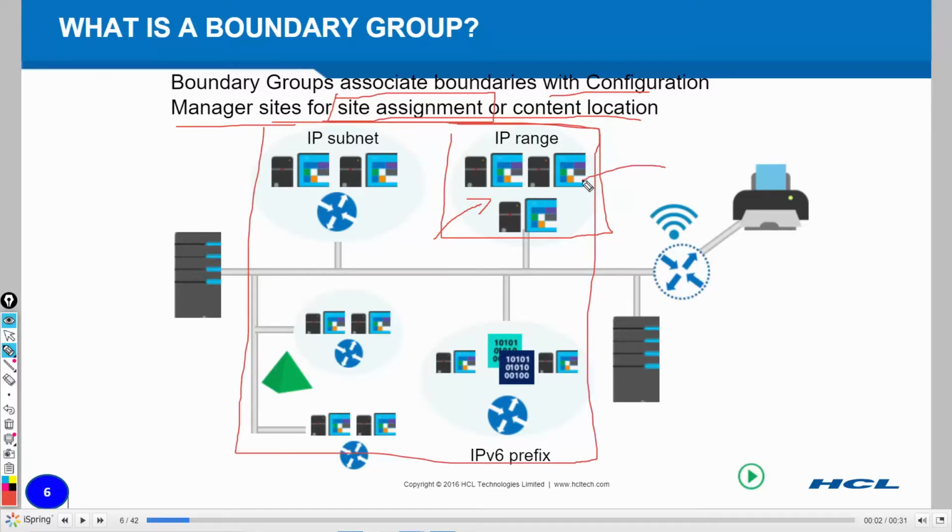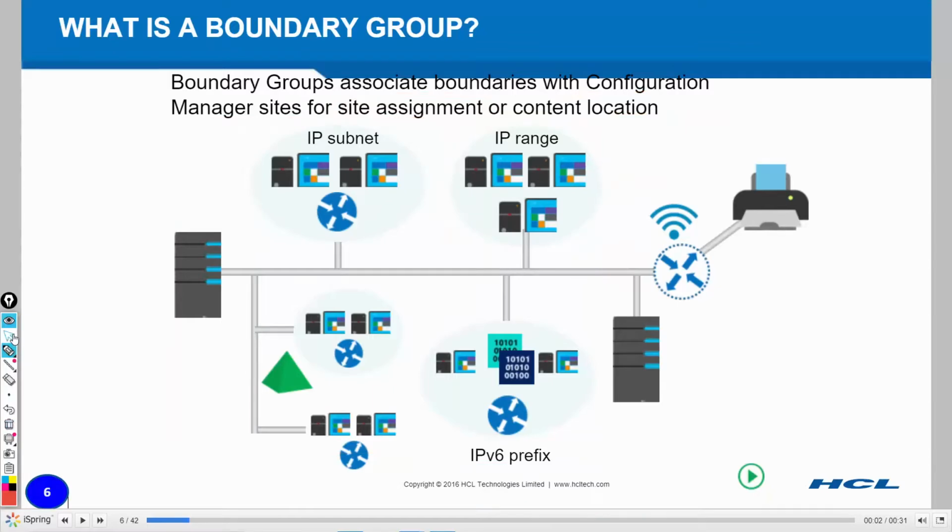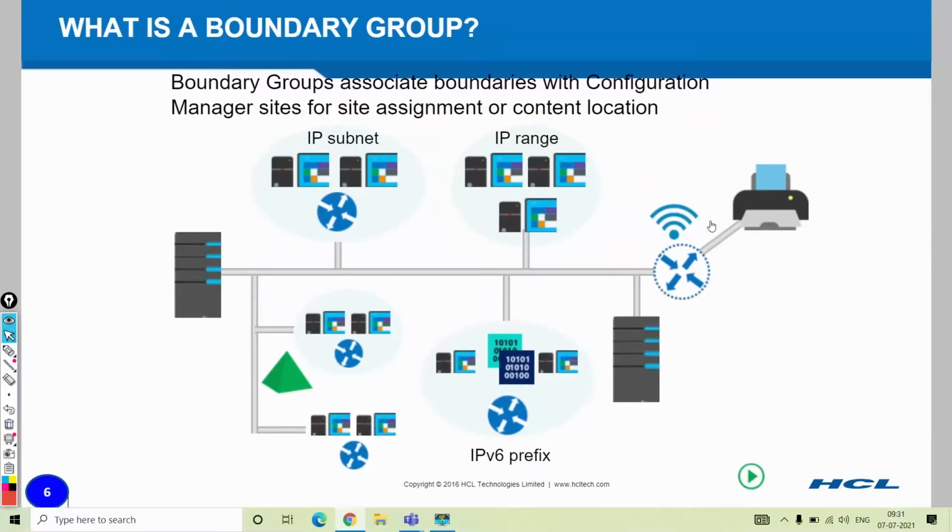So you can have a boundary or boundary group, and these boundaries and boundary groups will be part of your SCCM site. So let's say we created our SCCM site, and I have given SP1 as my site code. Let's review what code I have given.